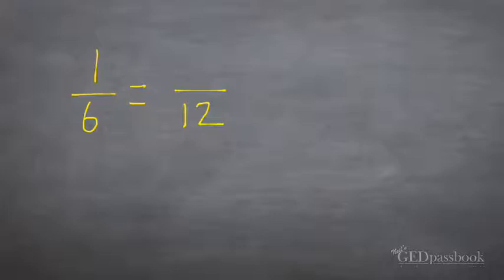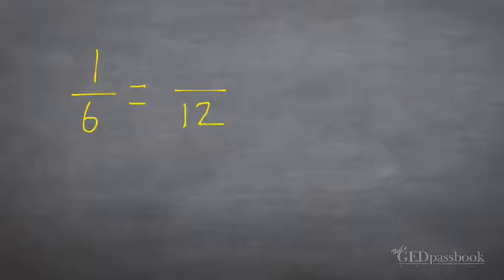They are equivalent fractions, but this one has a missing piece, right? So how could we find the missing piece to find the finished fraction on this side over here? Well, because they're equal to one another,